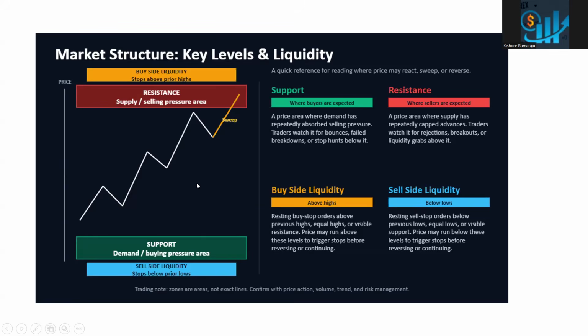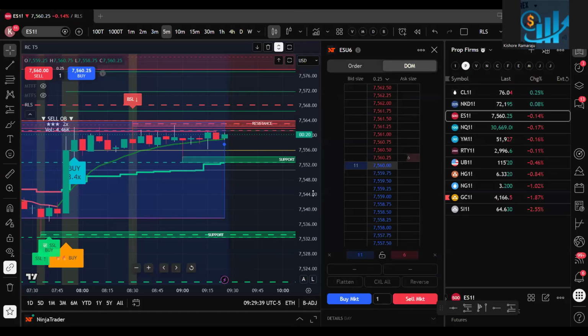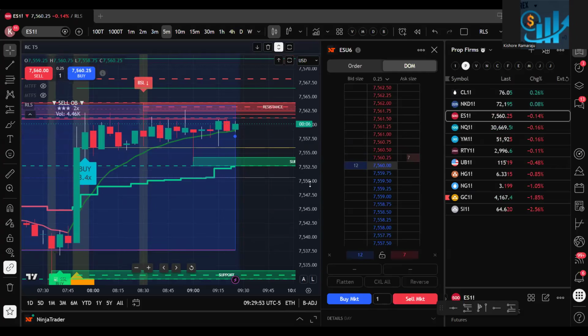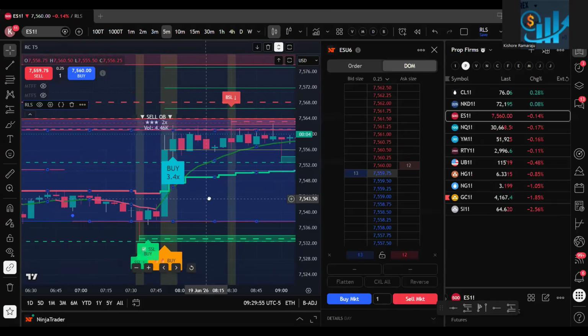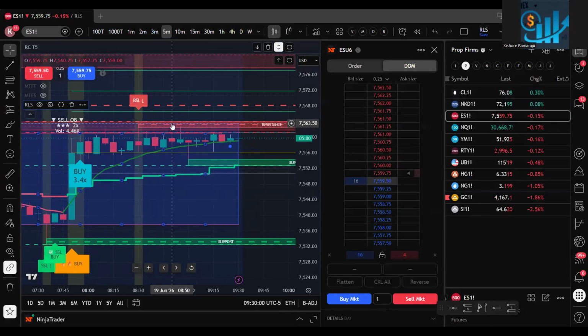So let us see a real time example, so you will understand how market makers do this. Right? Let us see. For example, in this example we are looking at an ES chart. Right? ES is nothing but S&P 500. So the S&P 500 futures ticker, which you can trade when you are doing this. For example, this is a consolidation box, where this is your support, this is your resistance.